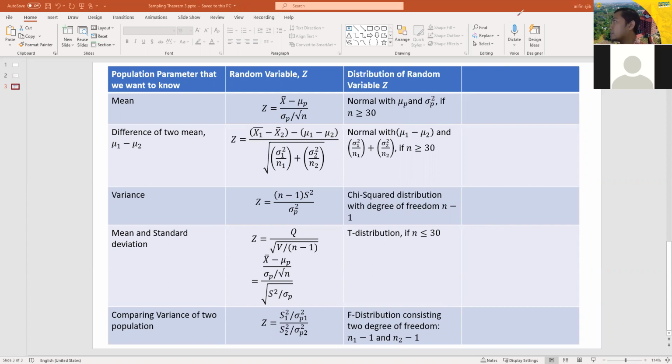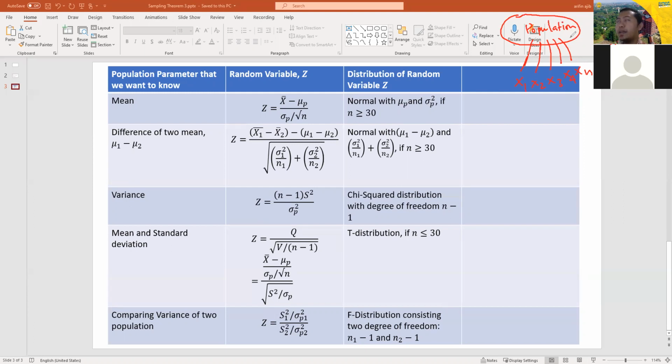First, given the population, we sample the data from the population. This data, let's say x1, x2, x3, x4 until xn, is the population. Why do we sample? Because we want to know information about the population. What kind of information? We can know information about the mean of the population, the variance of the population,